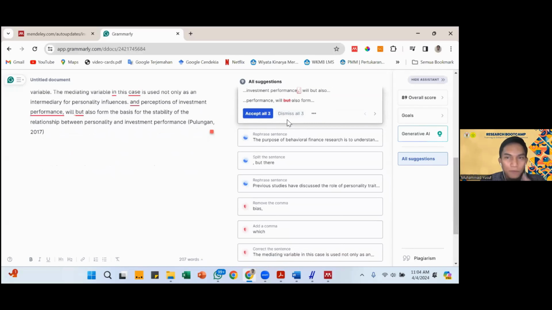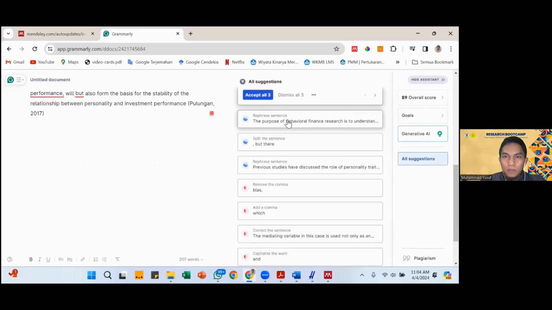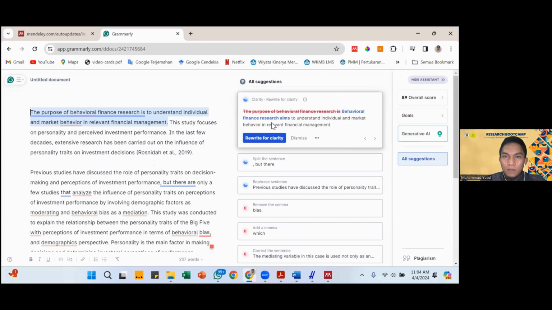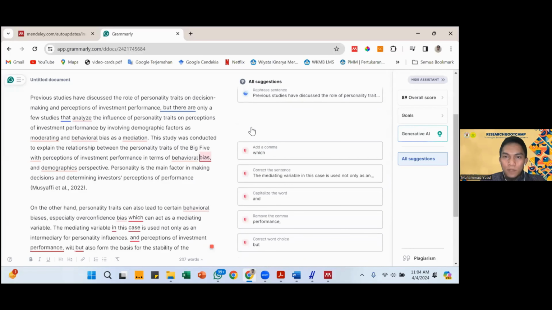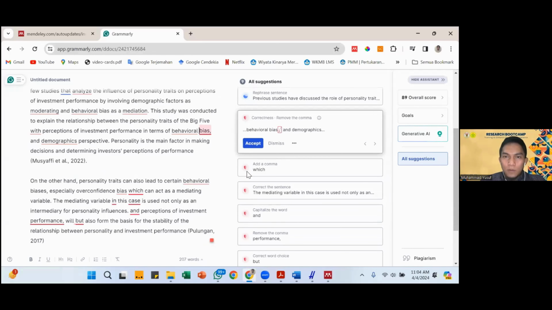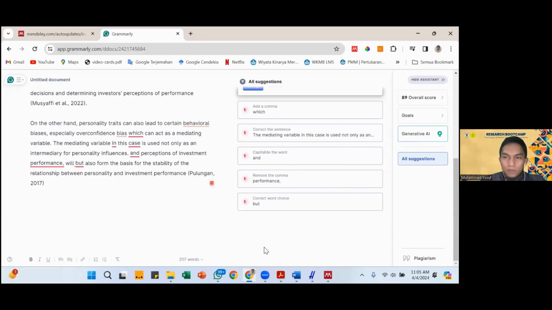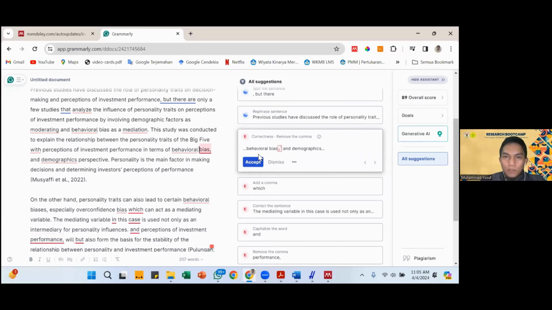And the paraphrase is the clarity. You can check the clarity and rewrite the paraphrase. This is the correction. You can click accept or dismiss.